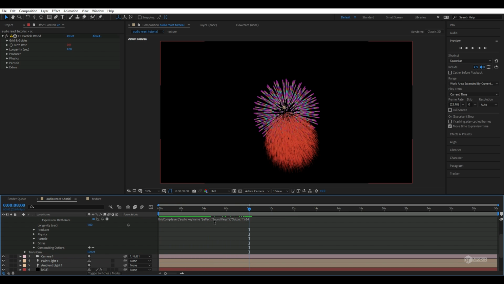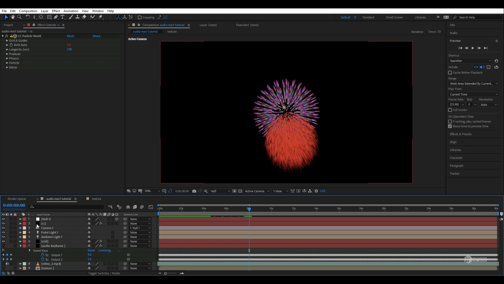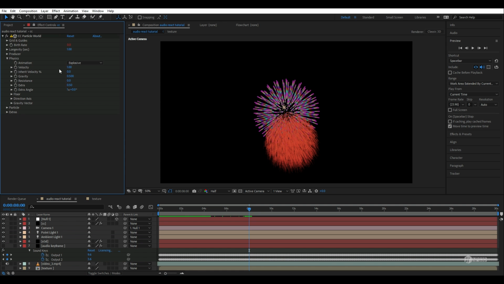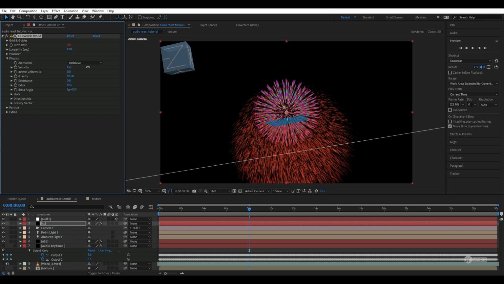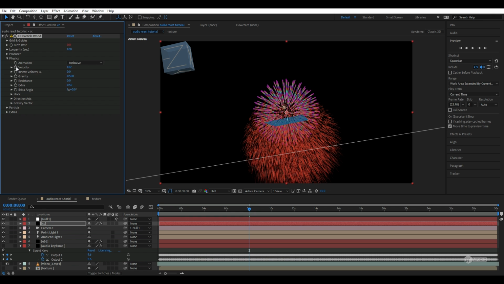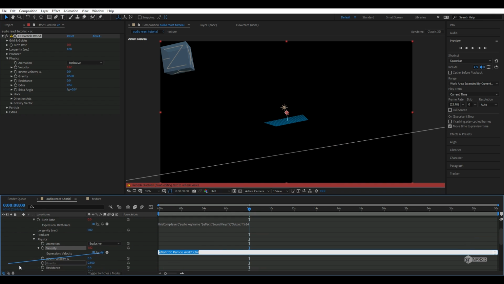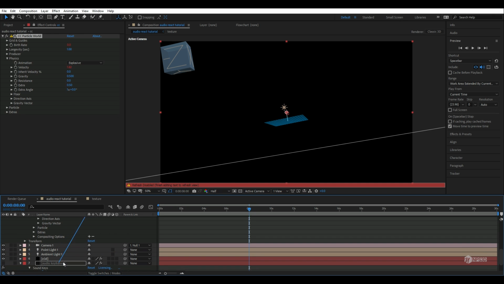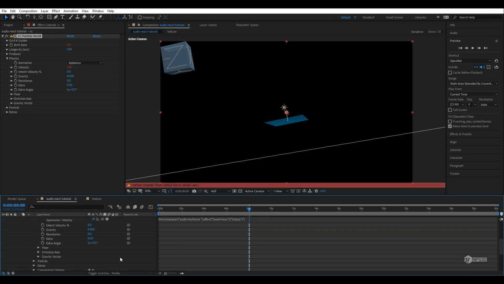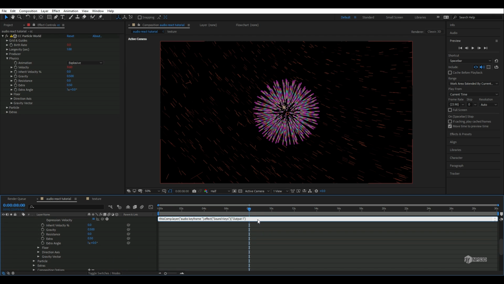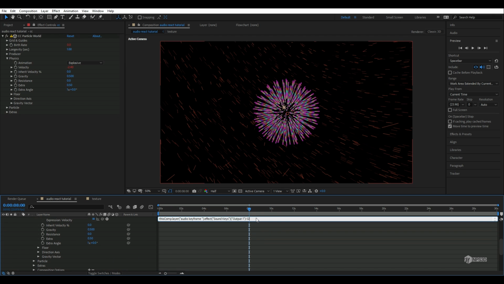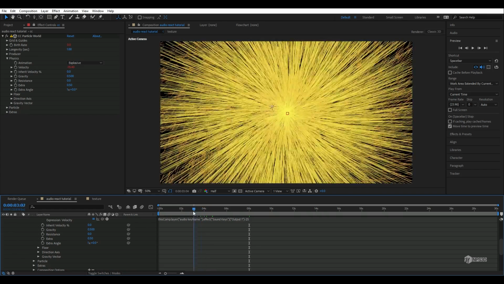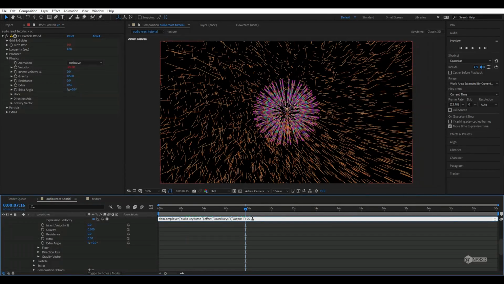Now we work on the velocity. So go to the physics, and here is the velocity. So this is for this. I just press Alt and click here and link this also with the first one, and minus 12 or minus 24, 25, something. And if you think it's still too much,